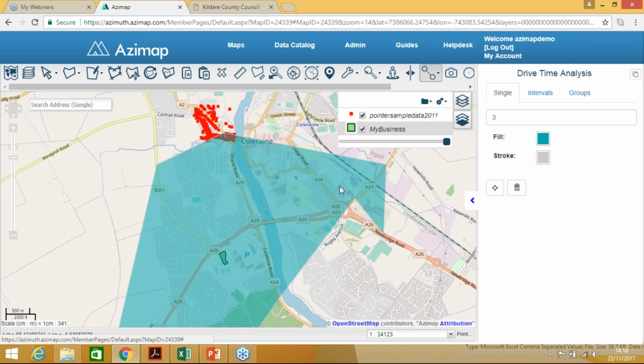Yeah, that's better. So you'll see this intersects some of the addresses, but not all of the addresses. And as a business owner, what I want to do is target all of these customers that exist within that zone that I've identified. To be able to do that, I want to plot this polygon on a map, on a layer of zone, so that we can identify it or analyze it against this set of addresses. So I'm going to add a new layer,